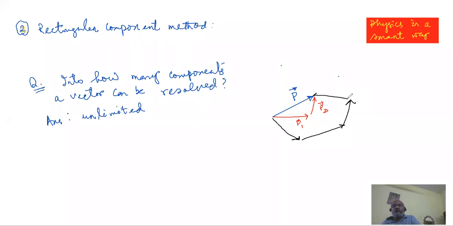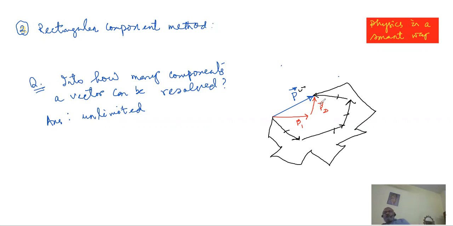Here in this diagram, I am showing the same vector P that is consisting of 1, 2, 3, 4, 5 components like this. In fact, into how many components a vector can be broken down, there is no limit to it. Maximum number is clearly infinite. The more space you get, more displacements or more turns you can take. So the answer is not fixed. A vector can be broken down into 2 components, 3 components, 4 components, any number of components. That should be our answer.